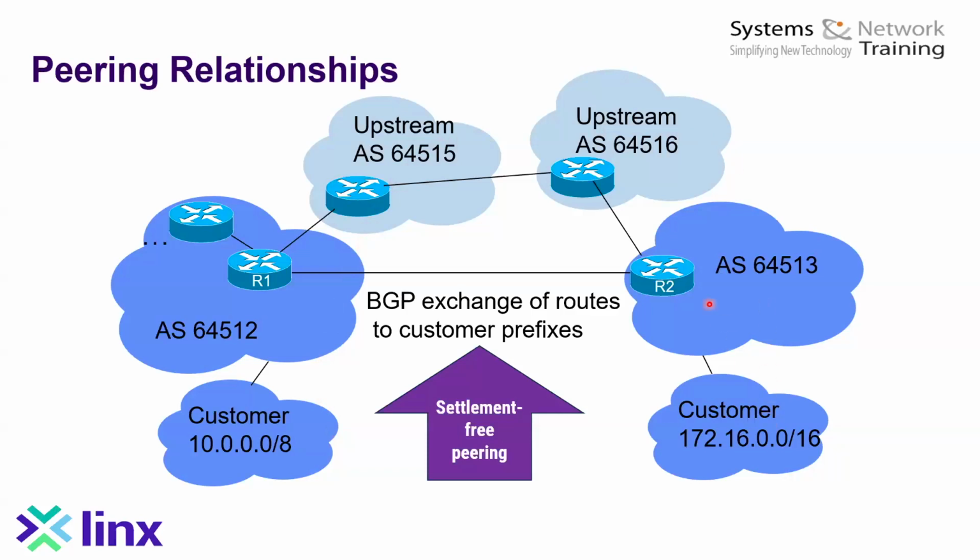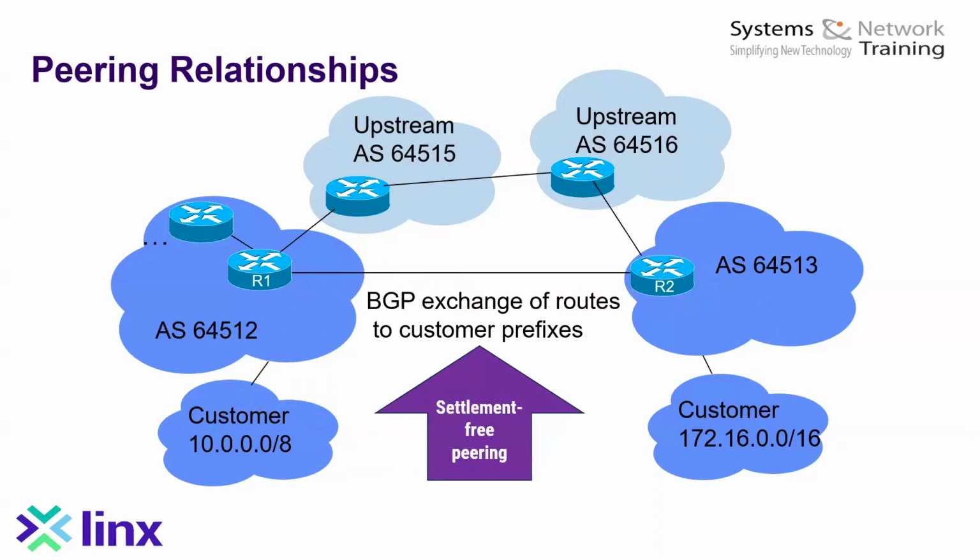Okay, now these service providers are only advertising over this link here. The BGP updates are only advertising each other's customers. I've just got one customer each side here, but of course there could be hundreds or even thousands of customers on each side, and traffic between the customers will go over this link here.